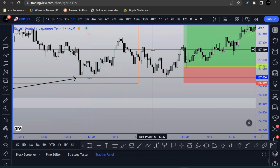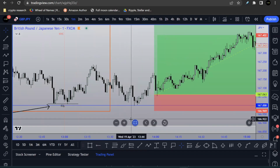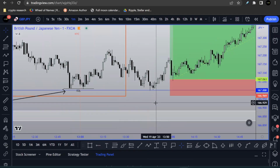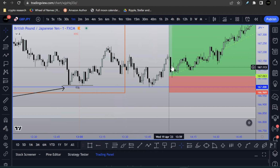How were we able to determine, logically speaking, that this market was not going to go down any further? That plays an important role in our analysis as well. So if you're still here listening, pay attention. This is extremely important. Logically speaking, how did we know that this was a manipulative move? Aside from knowing the manipulation window exists, how were we able to determine that the market was going to reverse